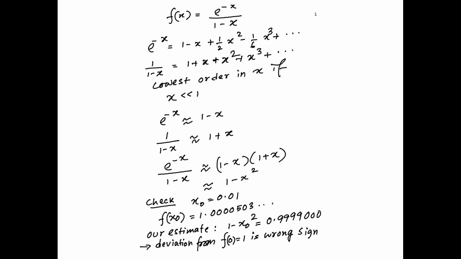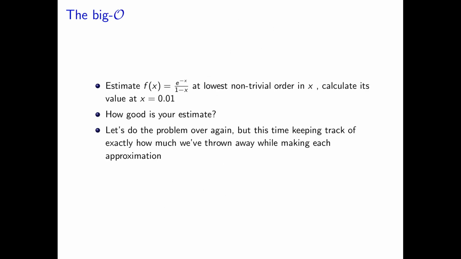For example, this function is a growing function from x equal to 0 to 1, and that means the value of the function at x equal to 0.01 is greater than f(x) at x equal to 0. But this estimate shows the opposite, like it shows it is a decreasing function. So, it is missing a detailed and crucial aspect of the feature of the function, and we will try to understand why that is so, what are we missing. Of course we can do better if we take many orders of x, but without going to many orders in x, are we missing something?